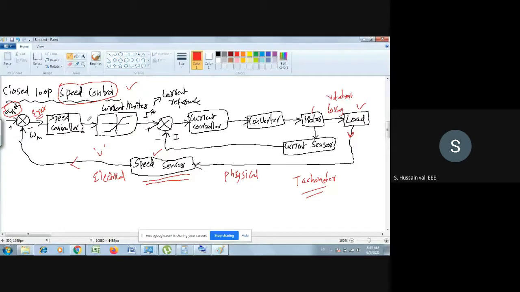Where is this action going now? This action is going to a current limiter. So what is the purpose of this current limiter? I will redraw the picture here. What is there inside the block? Now please see here. So it's a current limiter. How am I saying it's a current limiter?